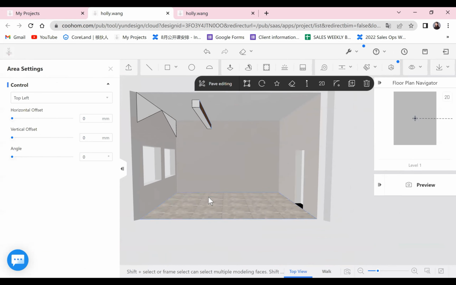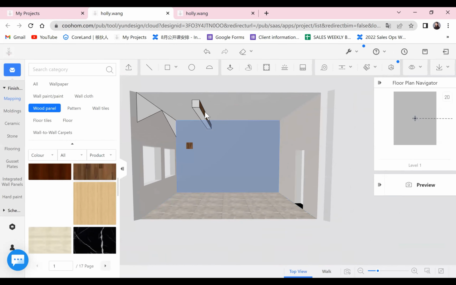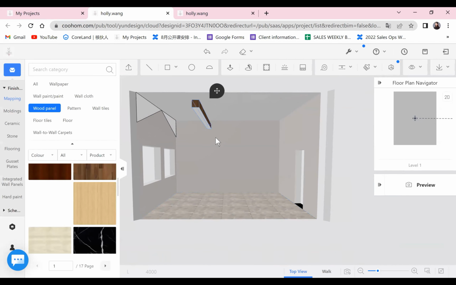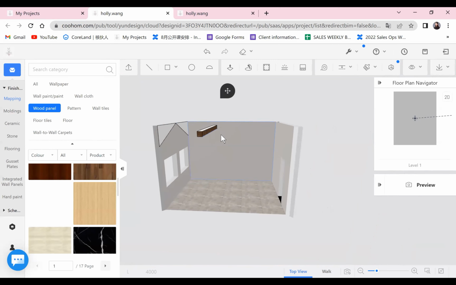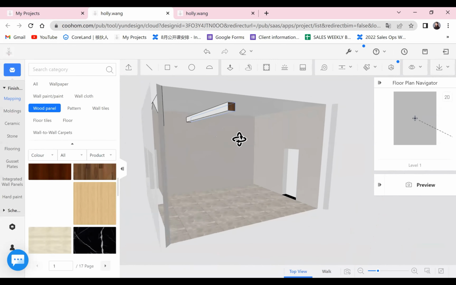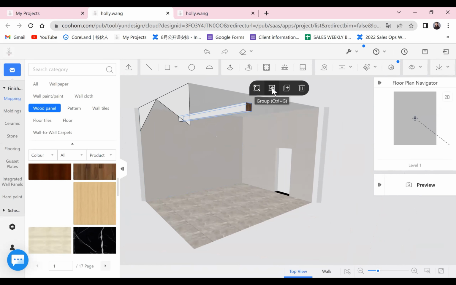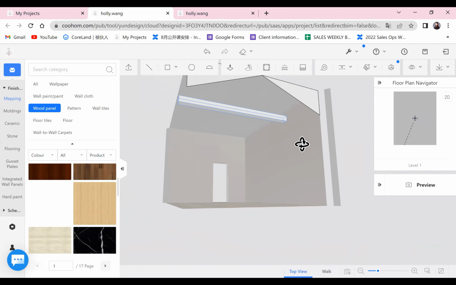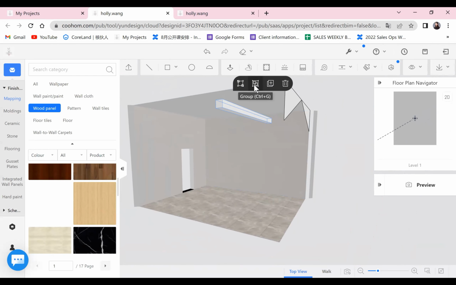All right, I don't think I grouped it. One second, let me group it one more time. Because if I have all the faces grouped, you don't have to apply the texture. You only need to apply the texture one time, and it will apply to the whole beam.